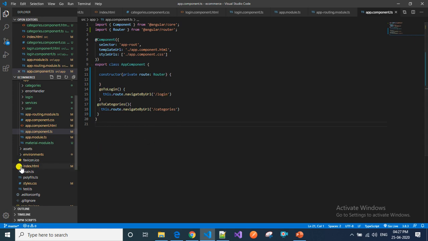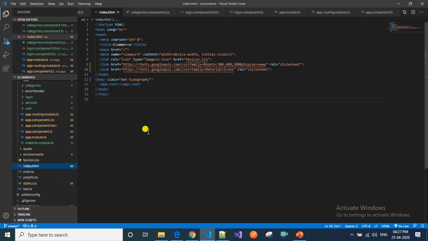Now, where is this base href in our application? If you notice the index.html file, when we open that file, we will see all this, and here the base href resides in our application. So what does base href equal to slash mean? This will tell our Angular router how to compose our URLs, or how to create our URLs.